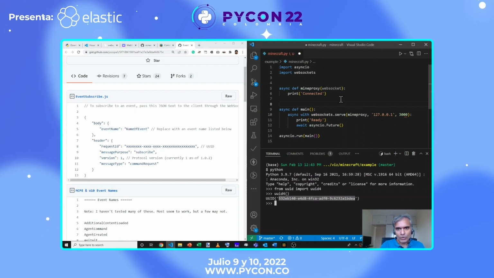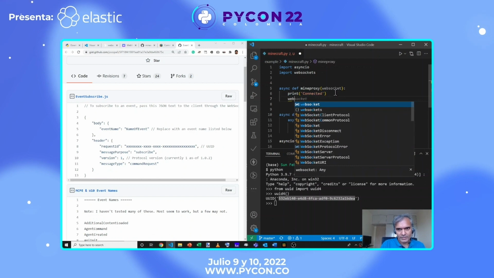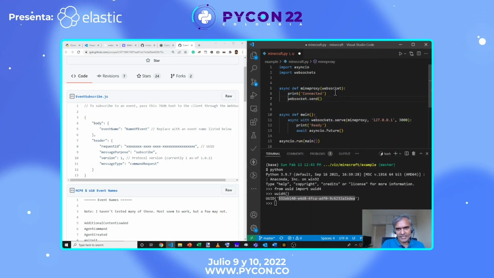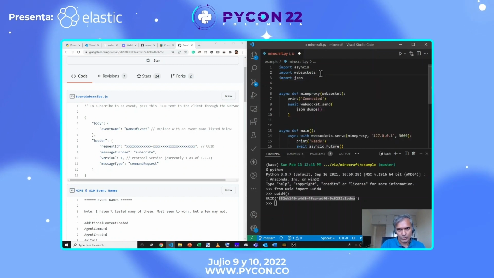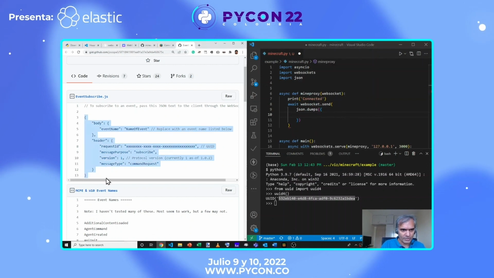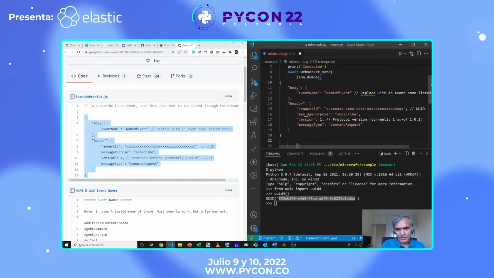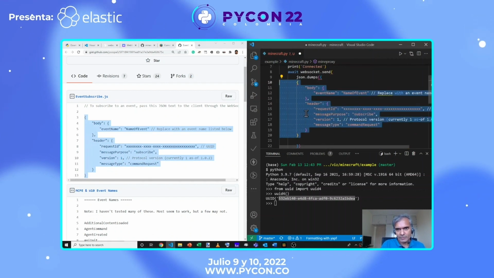So let's do this. What we do is as soon as we connect to Minecraft, we will send a message to Minecraft. The command to do that is websocket.send, and we can send any text, but it must be awaited because it's asynchronous. Since we want to send it as JSON text, we'll use json.dumps of whatever message we want to send, for which we'll have to import the JSON module. The exact message that we want to send is literally here. So I'm going to copy this and paste it, just indenting it a little bit so we have the correct structure that we need,